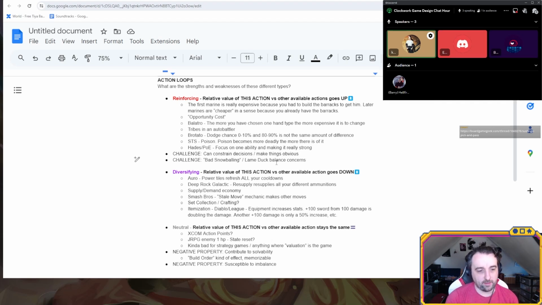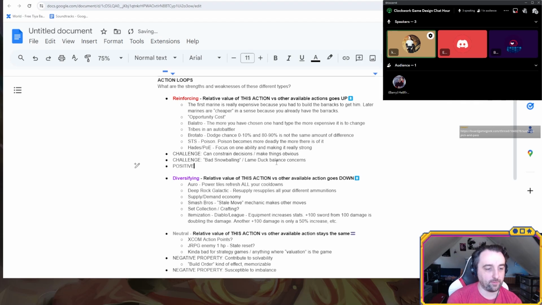So one of the positive things that I would write about reinforcing action loops is that it creates a boldness. Whereas with diversifying, I expect one of the challenges is, and I see this sometimes in Euro games where everything is so balanced, and every time you take an action, all the other actions get better in a very overt kind of way.